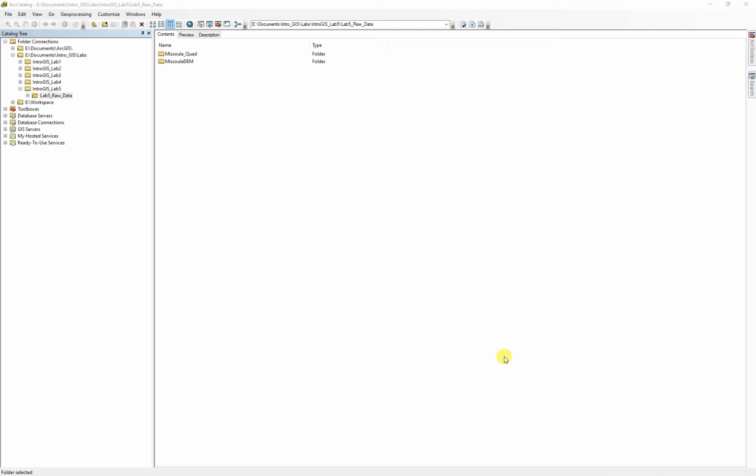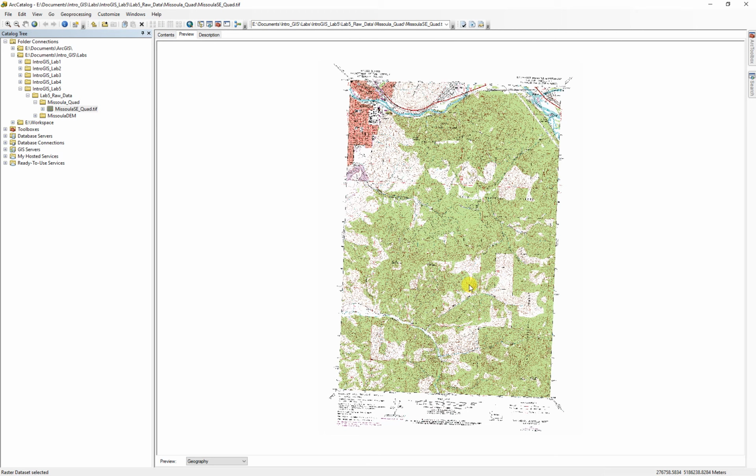This is Intro to GIS Lab 5, and in this lab we're going to make a topographic map with shaded relief and contour lines. So I give you some data for this one. Got it over here in my folder, my Intro GIS Lab 5. Got a raw data folder, and inside I've got two pieces of data. One is this Missoula quad. If we preview it, you'll see it's the topo map of southeast Missoula, and then the other one is the